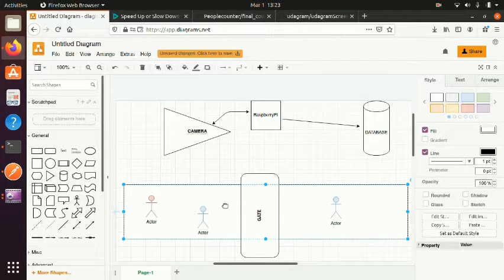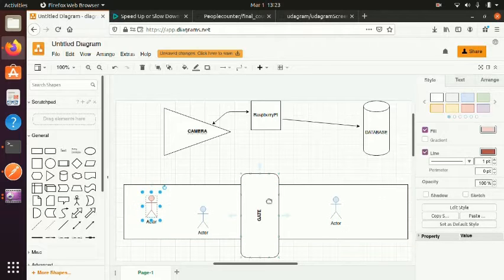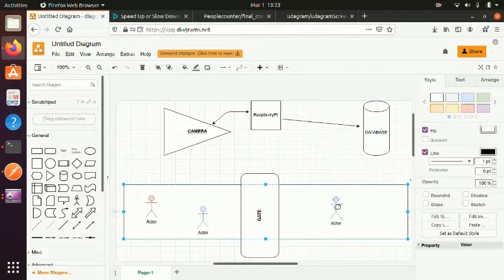Now your job is that every time the human crosses this gate, you need to count that the human has crossed from left to right. That means it has come inside the gate. And right to left indicates that it has moved out of the gate.